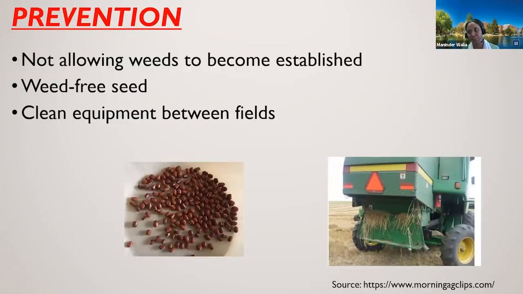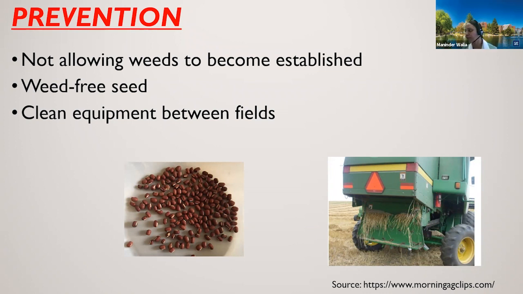So the next is prevention, which was at the base of the pyramid. Sanitation and prevention are always the most cost-effective strategies. Clean up the problems and make sure that you are not introducing the problems. So always plant certified weed-free seed, and clean the equipment before moving from one field to another field, because many weed seeds, such as puncturevine seeds, get stuck to the tire. And when we move the equipment from one field to the other, we are sowing those seeds in the